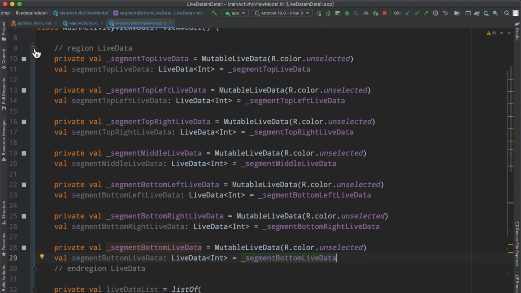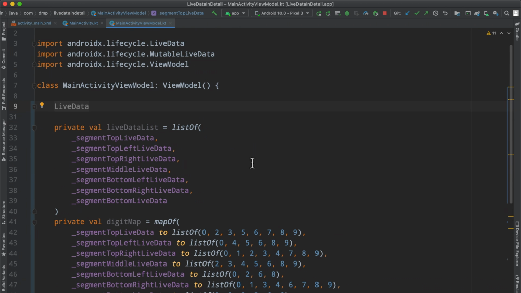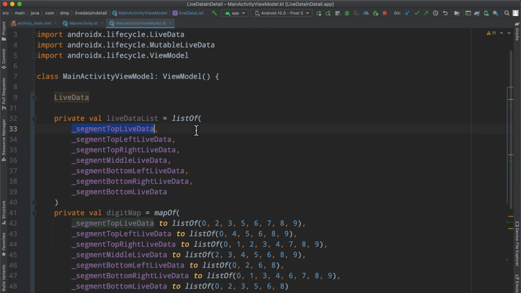So it created a region there, and I'll go ahead and collapse it inside of the IDE so that we get a little bit of room back. Then I've gone ahead and created the LiveData list. Now this is going to have the list of all of our LiveDatas inside of one object, a collection, so that we can easily iterate over each element in this list when we get a new number,